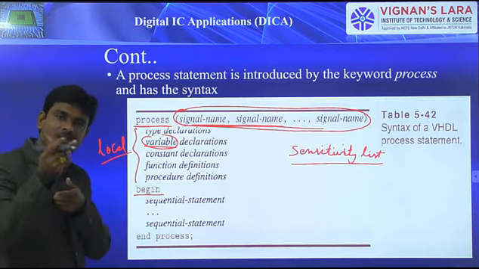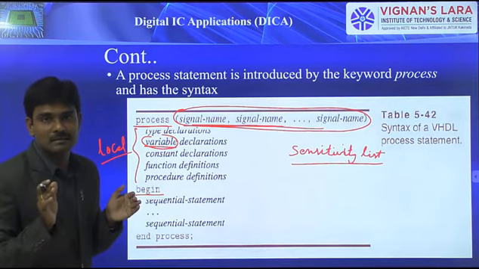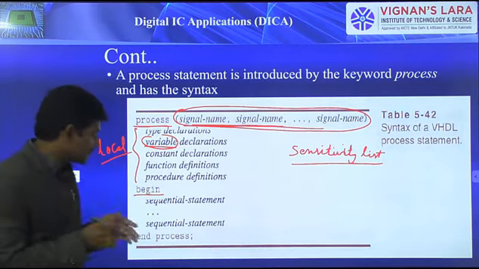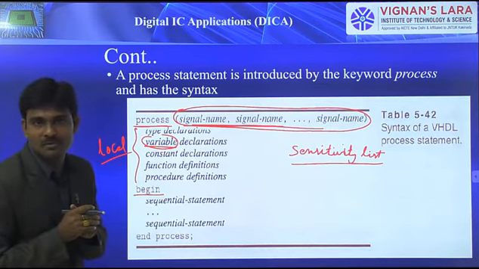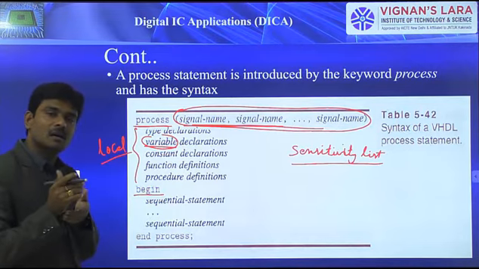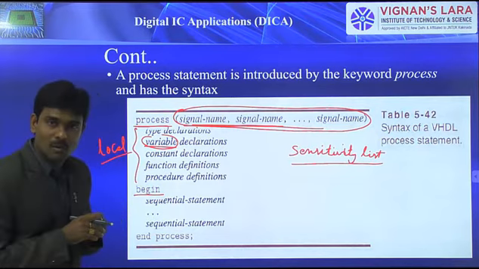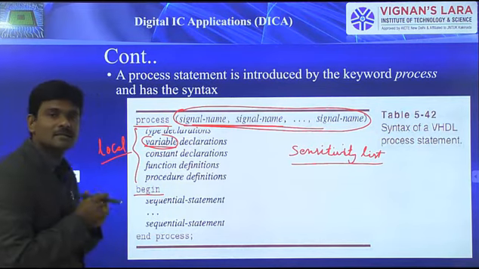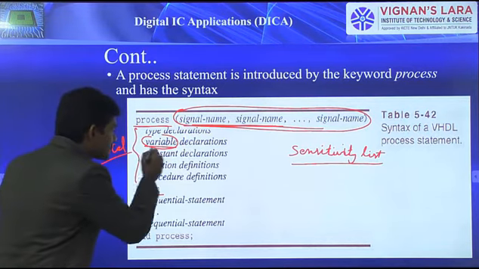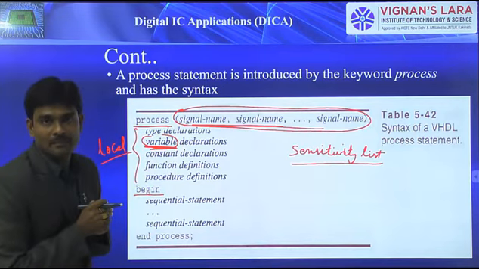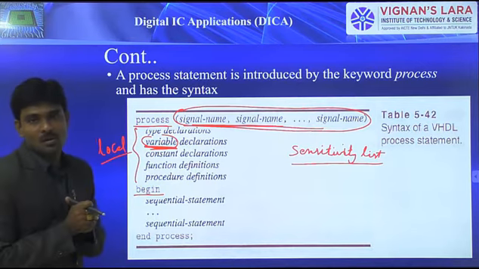To differentiate between that one and this one, here we are supposed to consider them as variables, not signals. These variables we can use only within this particular process, but signals, if you mention them, can be used in any concurrent statement. So to differentiate those two, the one is a signal declaration, and within a process there is no signal declaration, we consider it a variable declaration. A very important thing you are supposed to remember: variable only. Variable declarations we are supposed to place within that particular process.